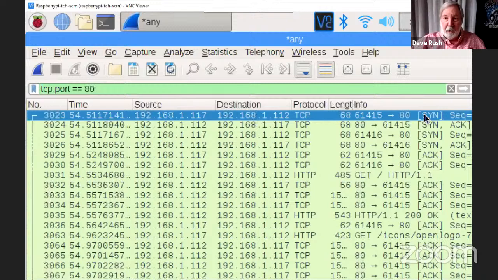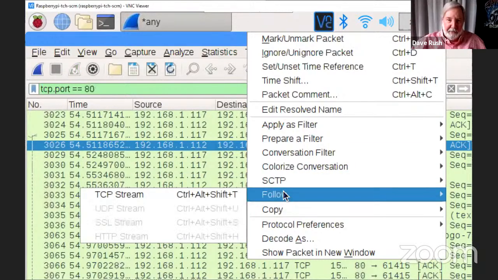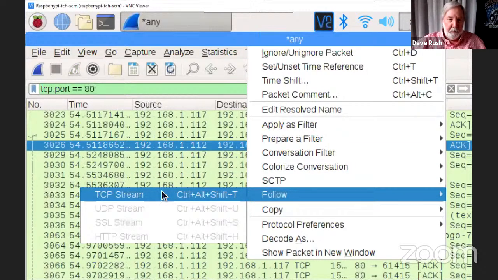We start with the TCP three-way handshake. Got a SYN, a SYN-ACK, and an ACK. It's normal for all TCP processes. We can see that this came from my machine, 1.117, to the Pi machine, 1.112, and it's completely open. It's not secure. So if I do a right click on one of these and say follow TCP stream,